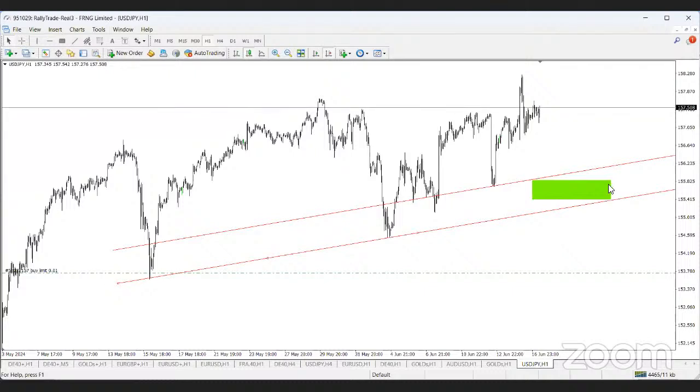I don't know how to paint it, though, but I'm trying to do my best to paint it for you. So if the price comes within this region, maybe today or tomorrow, I don't know, you can place a buy on Japanese yen, right? Because that means these two lines are acting as a buffer, like a support for the price to push to the upside. So I'm interested in buying this one when the price descends to that level.